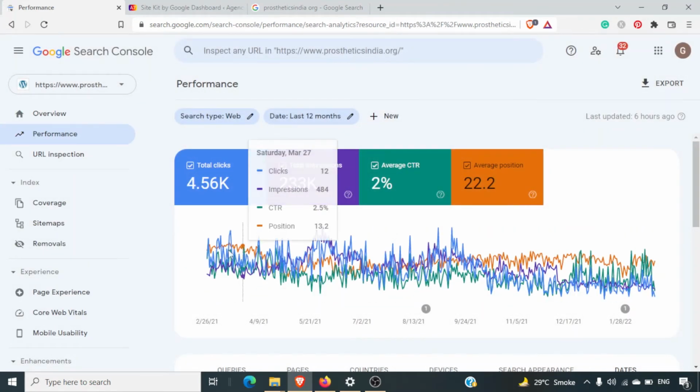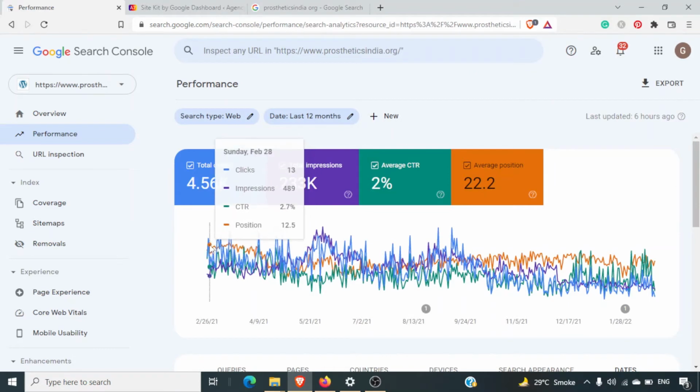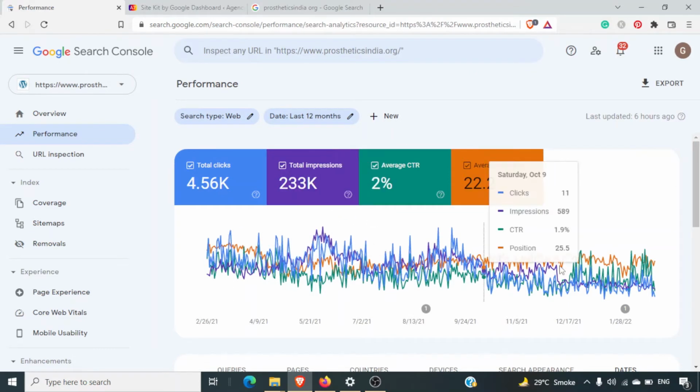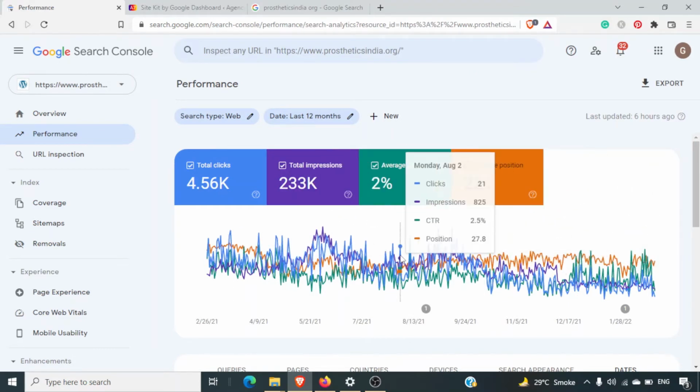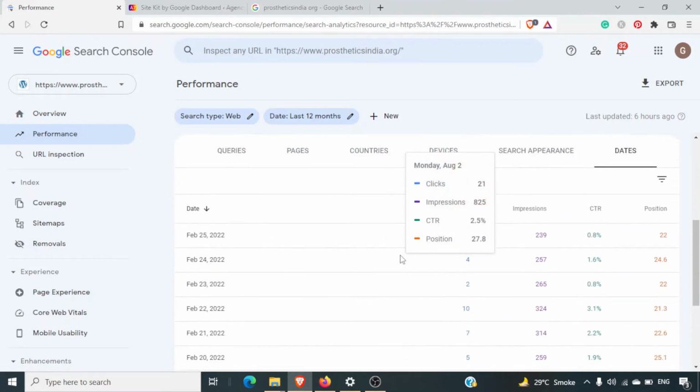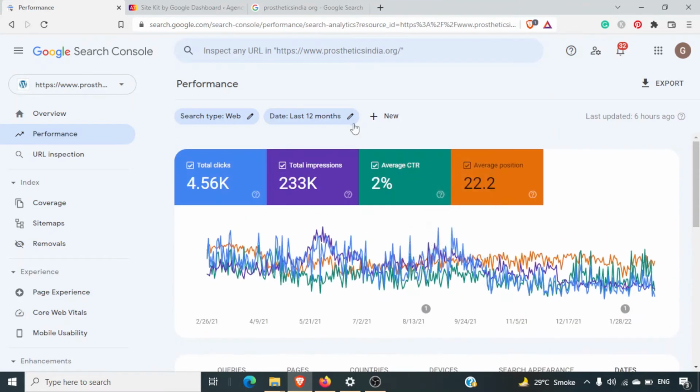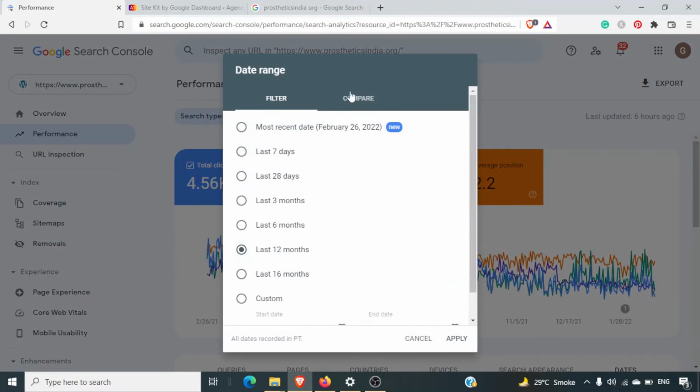So we can see the overall traffic is going down a little bit. Okay, so how can we compare this? It's very easy to compare. You can just click on edit on the date, and click here on the compare button,